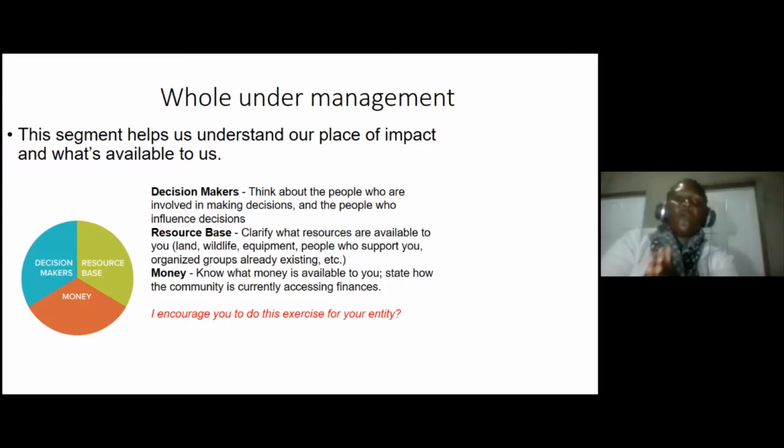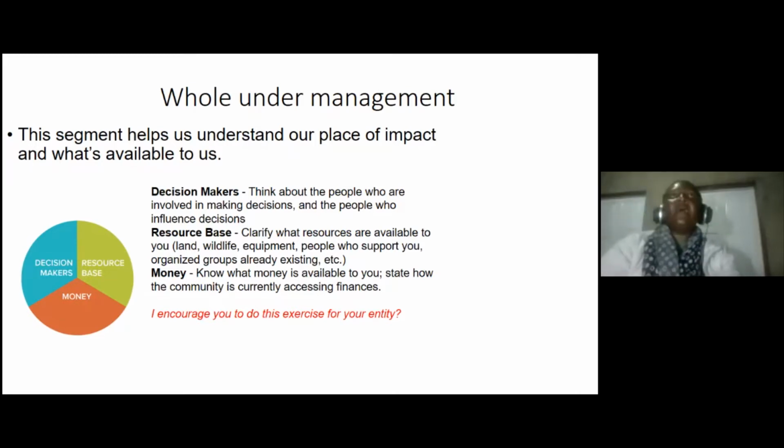But before communities even do the vision, it's good to understand the place you are managing. So know who the decision makers are, whether it's a farm or an organization, or you want to start some work. It's good to know who the people involved in making decisions are and how they will influence what you are trying to do. So my work involves lots of social mobilizing. And I think these are some of the critical questions because you want to know who the stakeholders involved in this work are. This work is usually very stressful because it's transformative.